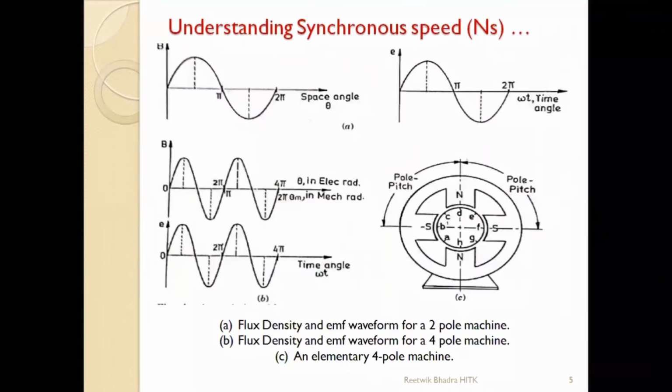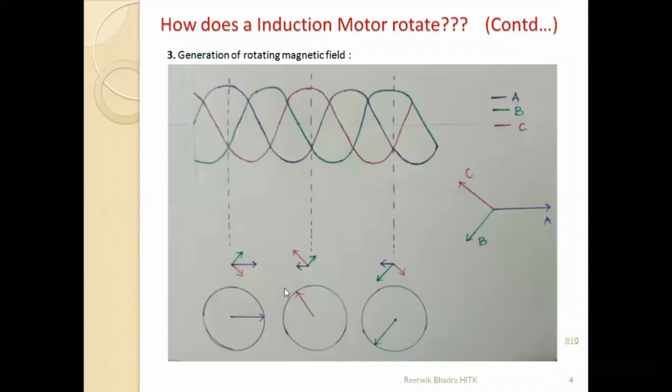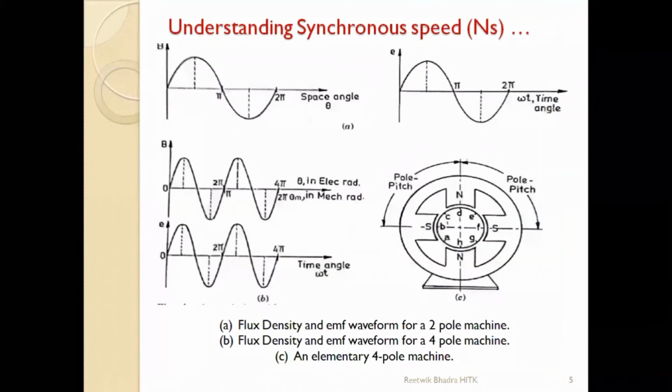Now today we will study about synchronous speed. I had also used the term synchronous speed last day. As I was telling, this magnetic field is rotating at a speed given by synchronous speed Ns. What is that synchronous speed? It means the speed of rotation of the magnetic field when three phase is applied. This is a diagram I have taken from your Bhimra book. Last time I think you had studied it in Machine 1.